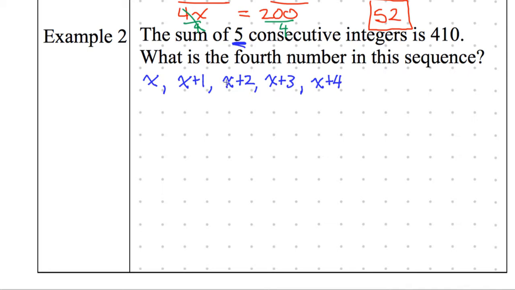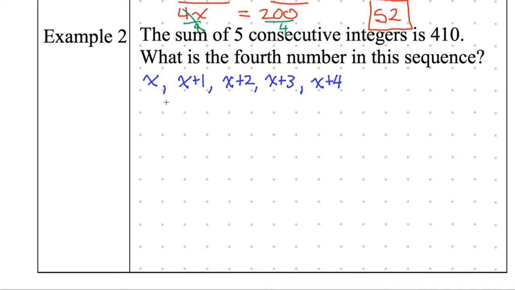Oh my god. That was the most common error that I saw when people were working on this. They went all the way up to x plus 5, probably because they saw that it was 5 consecutive integers. The problem is you started at 0. There's already 1, 2, 3, 4, 5 of those terms, so you do stop at 4. Sorry, I tried to trick you and it worked, but no, you're good. Let's continue on with it.